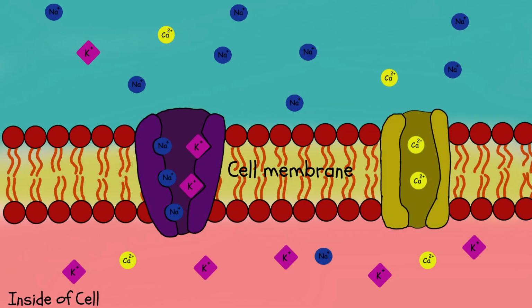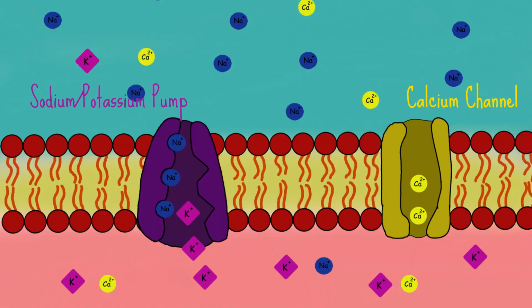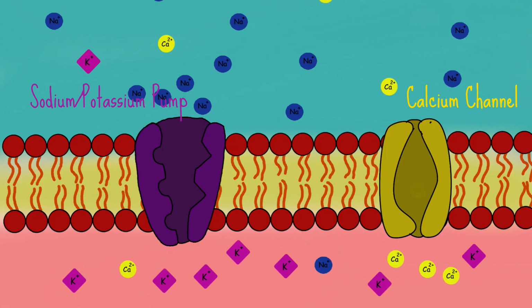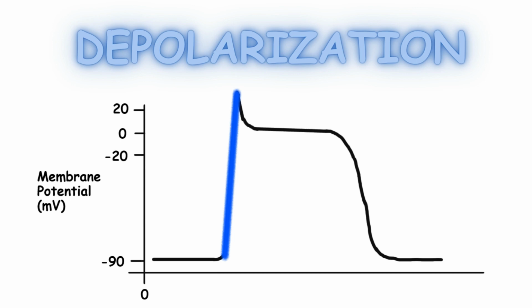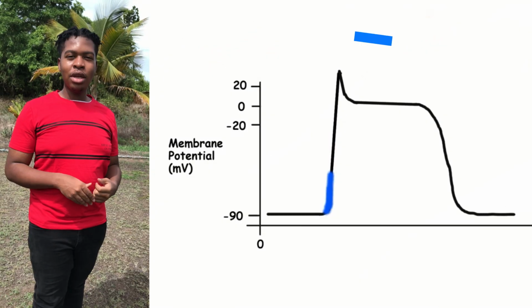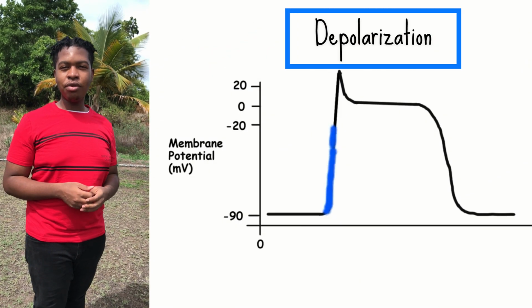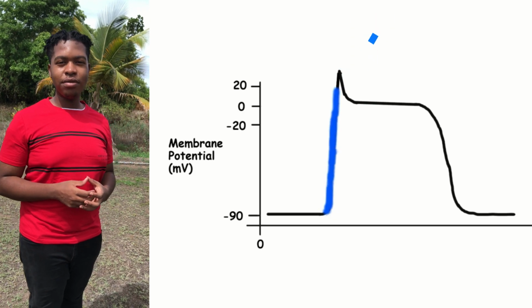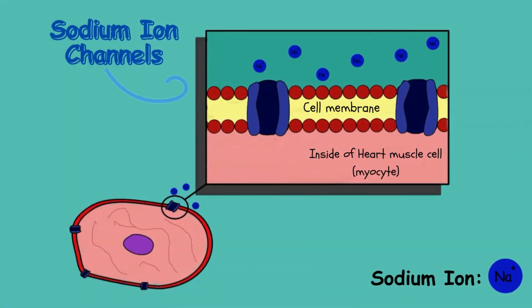To facilitate the movement of ions across the cell membrane, ion gates and channels such as the sodium-potassium pump and calcium channels open and close briefly during the heart cycle, causing periods of depolarization and repolarization. During depolarization, the potential difference of the membrane becomes more positive. The increasing positivity is mainly due to the opening of sodium ion channels, which enable sodium ions to enter the